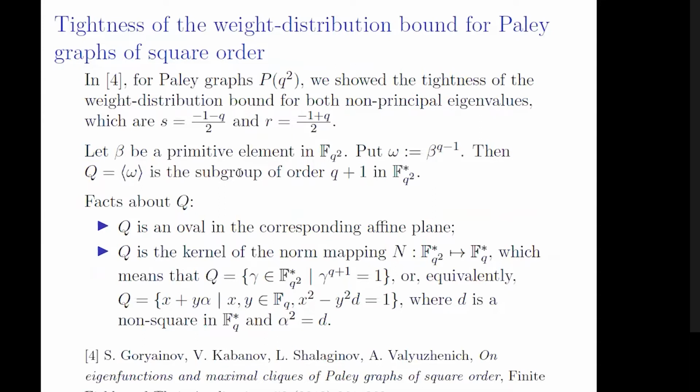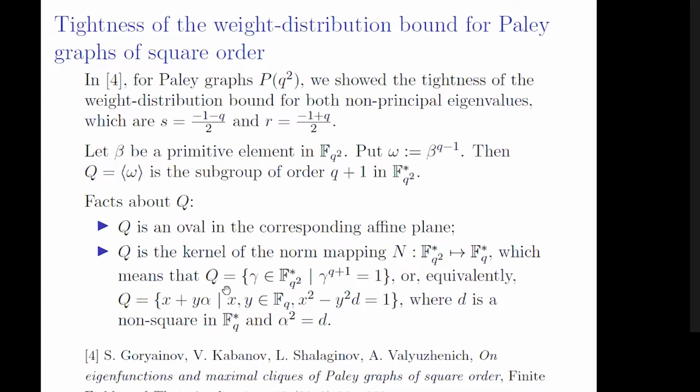Let beta be a primitive element in F_{q^2}. Let omega be beta^(q-1). Then the subgroup generated by omega is the subgroup of order q+1 in the multiplicative group of the finite field. And here are some facts about Q. Q is an oval in the corresponding affine plane. Q is the kernel of the norm mapping,